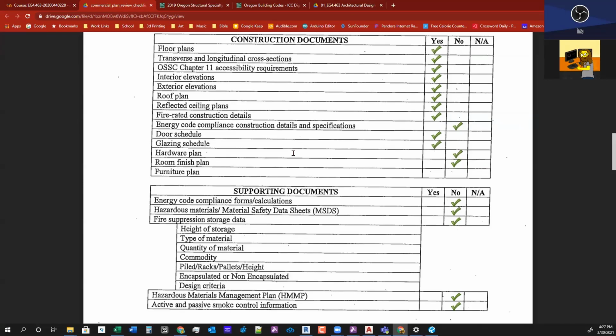So if you're exiting a building, the door has to be able to push freely open, unlike in a house where it opens inside. A commercial building will need to open to the outside. And it'll have to have a push bar so that in an emergency, if people are panicking, just like the name implies, they can just push on the door, and then they don't have to worry about any